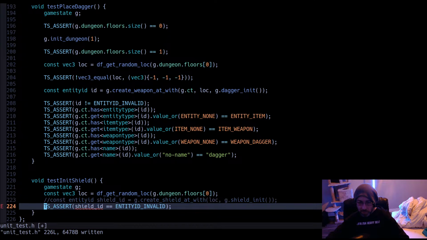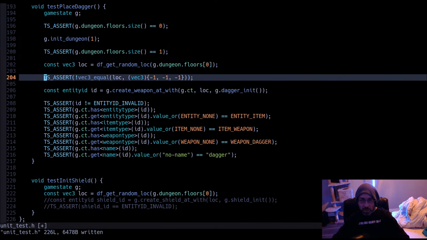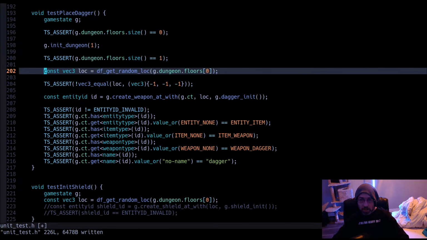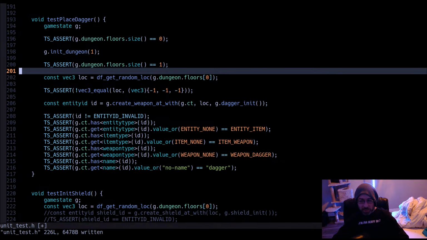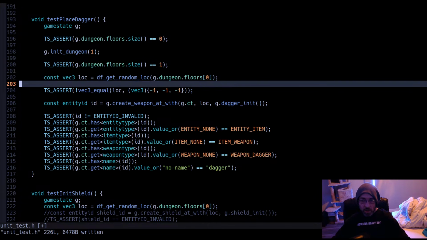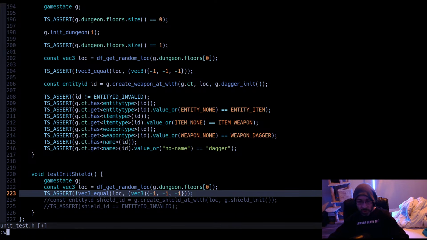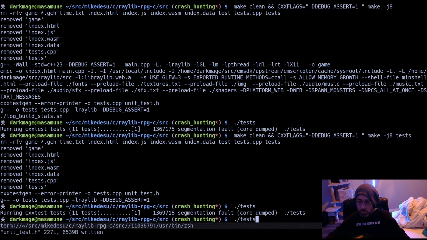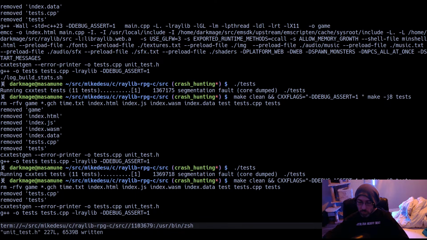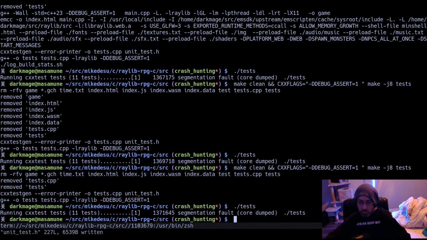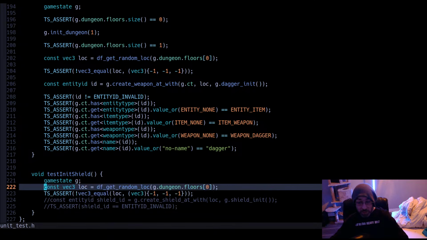Let's start with asserting that, and it's probably random luck that's actually doing it because of course the dungeon floor hasn't been initialized at all at this point. So luck should come back with all -1. So we wouldn't want it to pass this point. Exactly. Actually crashing on the call itself.